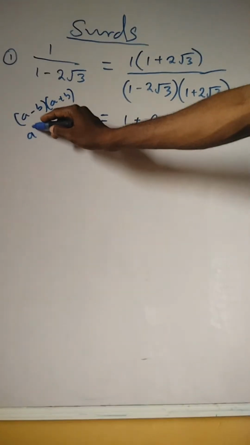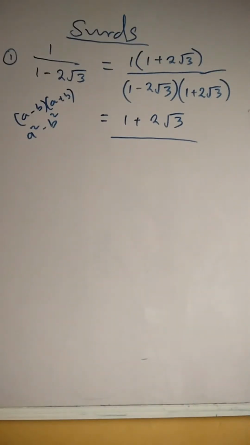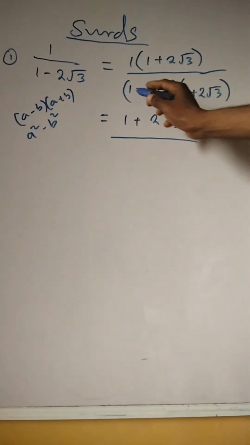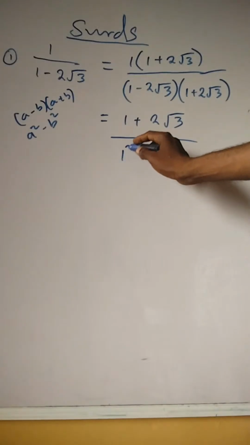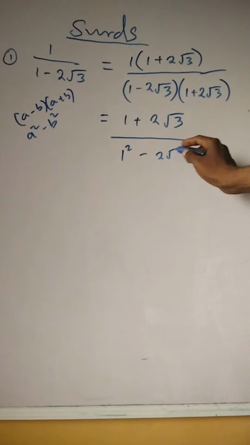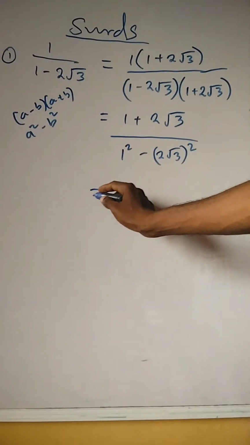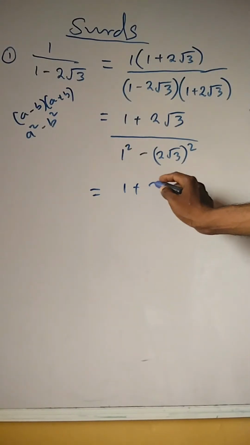This is the same thing as a squared minus b squared. Here a is 1. We can write it as 1 squared minus b, which is 2 root 3, that's 2 root 3 all squared. Then this becomes 1 plus 2 root 3